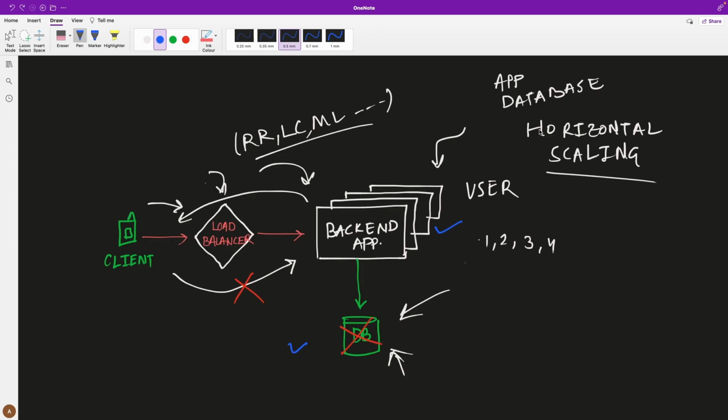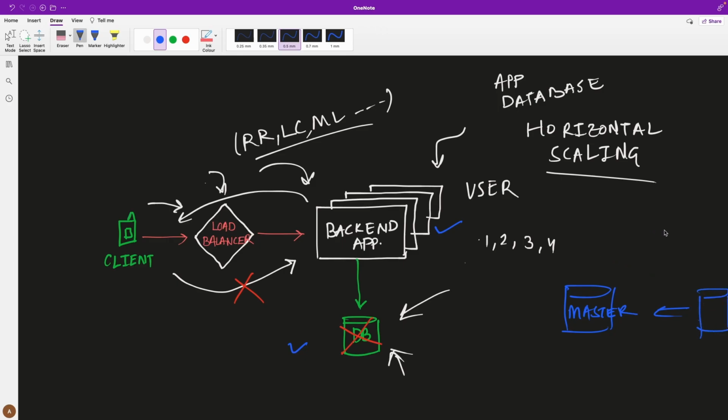And in SQL databases, we can run our databases in master configuration, where you have one master node and the other one is just a follower node.